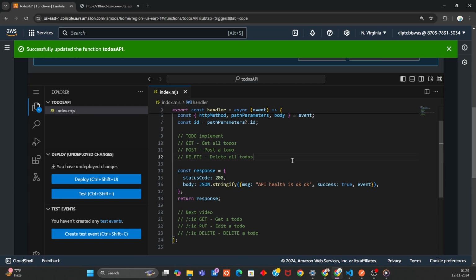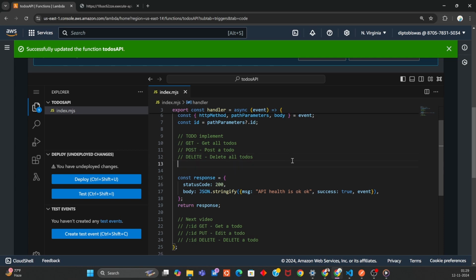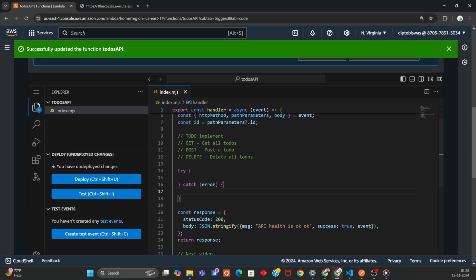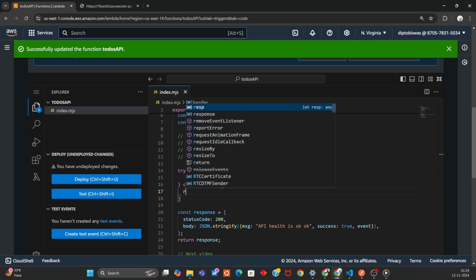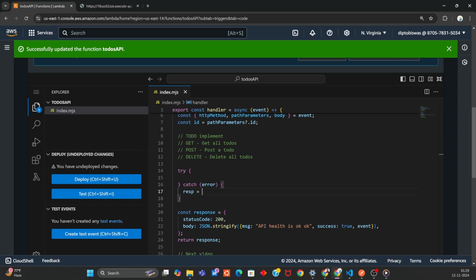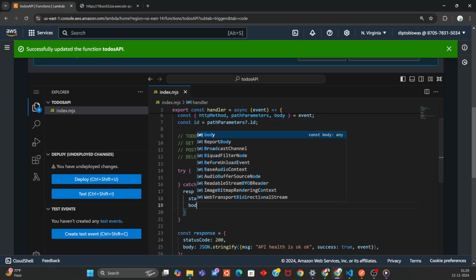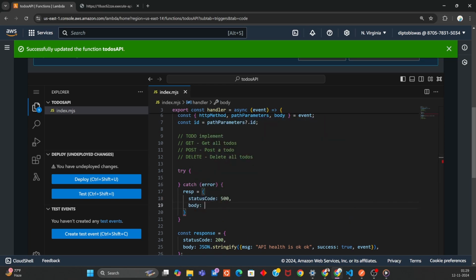Now what we want to do is basically we want to get, then post, then delete. So first of all, let's deal with the get. So how can we get? First of all, let's do a try catch. In the catch part, what we want is basically some sort of an error message we want to give. So let's give res status code 500 and body, right? So body we will write JSON dot stringify and